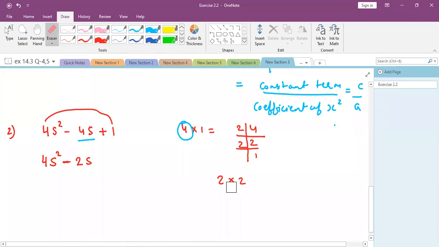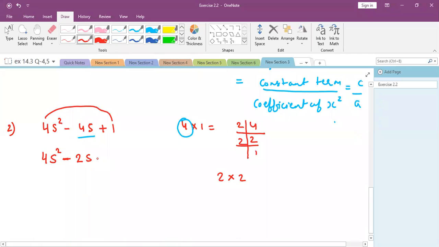Here it is. We have both the same. So I will write minus 2s, and suppose I take here plus 2x. Then minus 2x plus 2s will give me 0. But what is the middle term that we need here? You can see here, 4s. So we cannot take plus 2x here. We will have to take minus 2x. Now you can see minus 2s and again minus 2s. Definitely minus and minus add up, so it will be minus 4x. Our middle term is satisfied. And the last term 1 will be as it is.